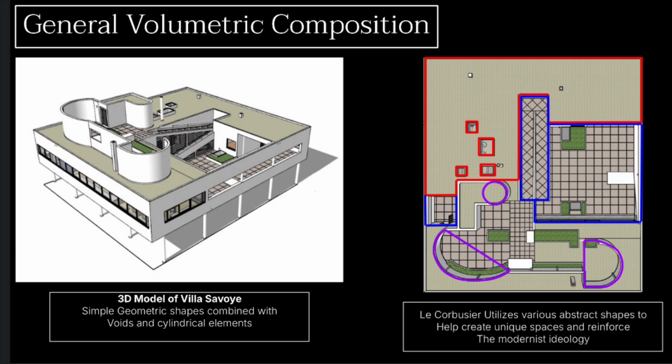Inside, there's a ramp that cuts through the structure and connects the floors. Instead of using only stairs, the ramp creates a smooth, continuous movement through the house, making a space feel more open and connected. On the roof,